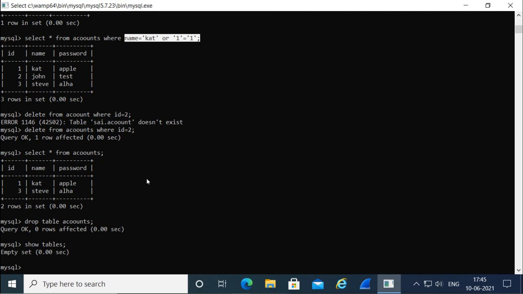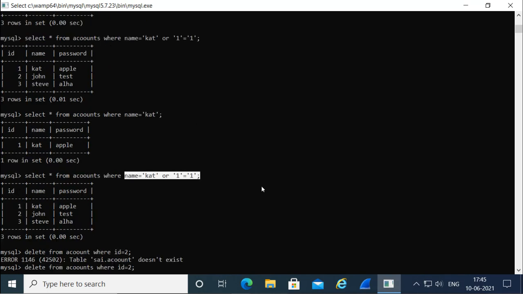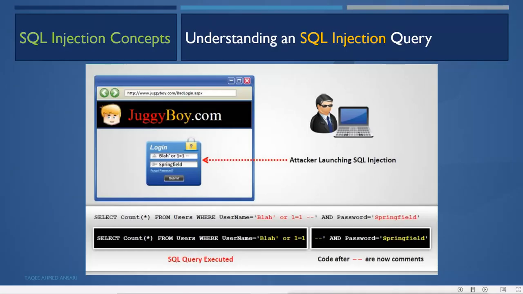Now using this kind of queries, the attacker does multiple things. For example, it is using this query string as an example here. And after this, when it gives these two hyphens, whatever follows is treated as a comment and will not be read by the database.